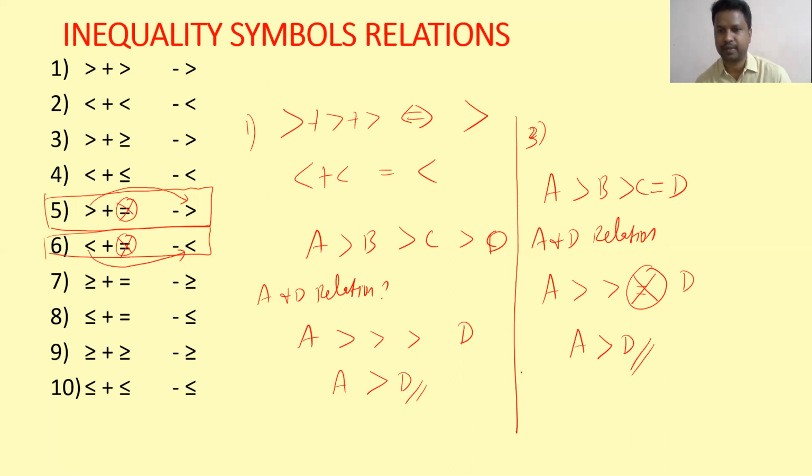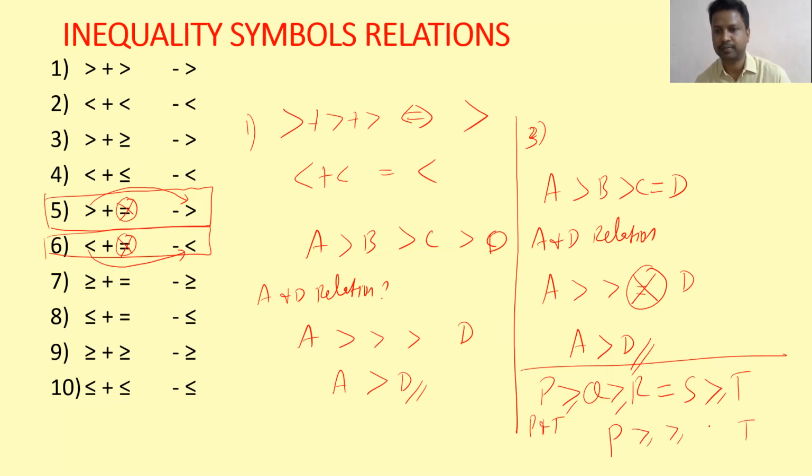Correct? I'll give one more example. See this, P, Q, R, S, T. For example, if I am getting such kind of relation, I want to get the relation of P and T. P and T relation. So write P and T, write all the symbols. We can ignore the equal to because equal to won't make any changes. Now see this, all the symbols are in same direction. Now all are having equal symbols, so I can write P is greater than or equal to T. Got it? So equal to symbol we can ignore it, so it won't make any changes in the conclusion.